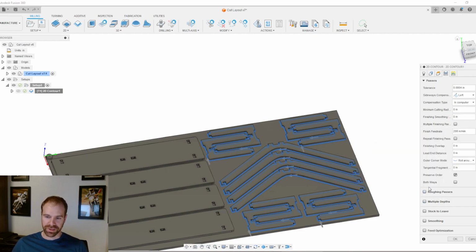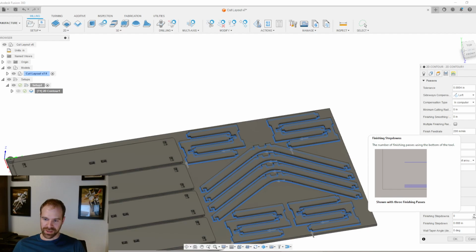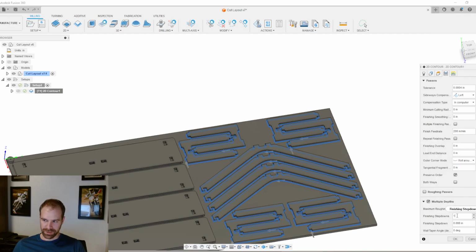It's a little bit confusing. This part can get kind of confusing to get it the way that you want. Multiple depths for sure. So the maximum roughing depth we're gonna do 0.25, right? And then the finishing step down is going to be 1, and the finishing step down height